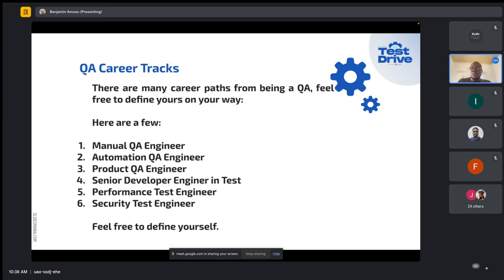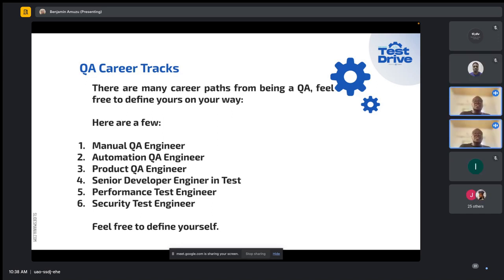This is a senior role that involves you going beyond just writing integration testing. So let me come back a bit. As an automation QA engineer, in a strict role that sticks to that job title, 90% of the time what you'll be doing is writing automated tests for integration purposes. So you are testing end to end. You use this tool and you test the product end to end to be sure that features work. But as a senior developer engineering test, you can go the extra mile. It might require you to go as far as writing unit tests,